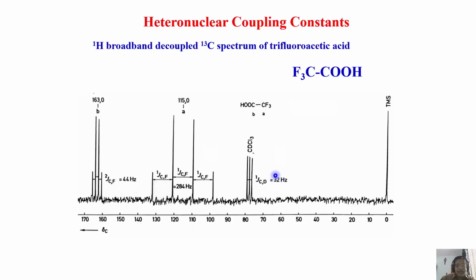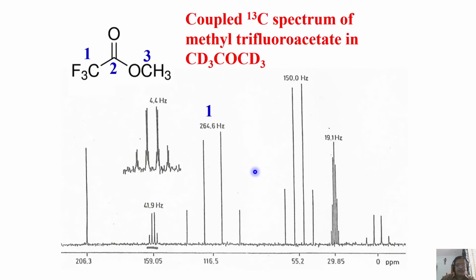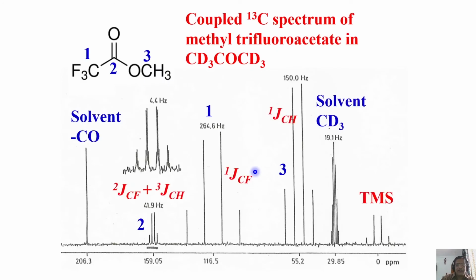Coupling between abundant spins, proton or fluorine or phosphorus, can couple to carbon, tin, mercury, etc. Then we can analyze that. But we are detecting the low abundant nucleus, carbon. So when you observe the carbon-13 spectrum, we analyze all CF coupling, CH coupling, etc. Exactly the same as this. In trifluoroacetic acid, we analyzed this carbon-13 spectrum and got coupling between low abundant spin and high abundant spin, while I was detecting the low abundant spin. In previous examples, I was detecting abundant spins. Okay, so same thing, this also we discussed. We analyzed this. I don't want to see this again. There is no point in going again.